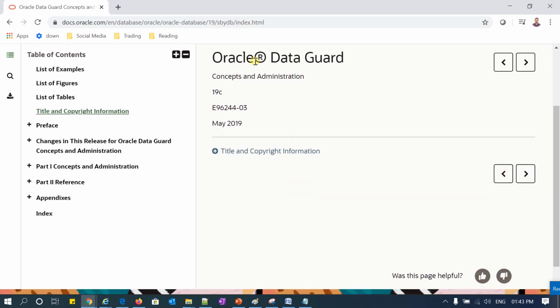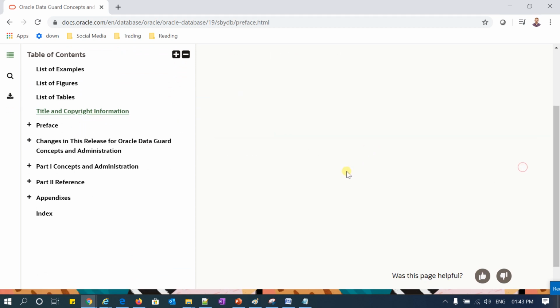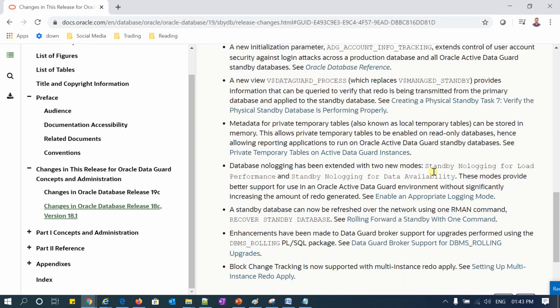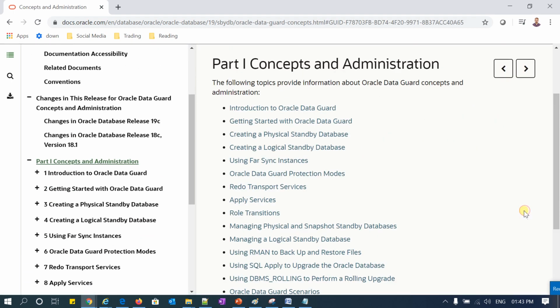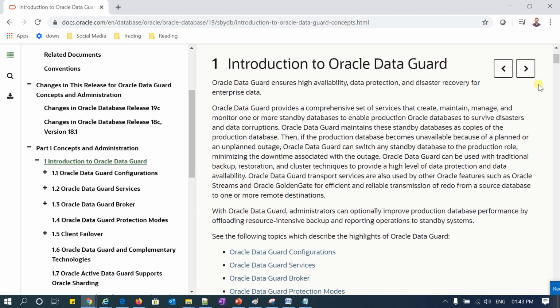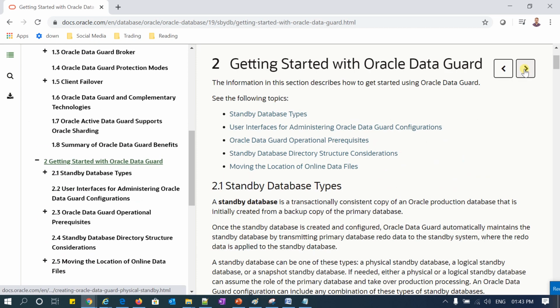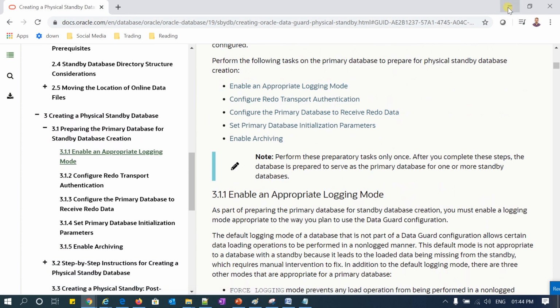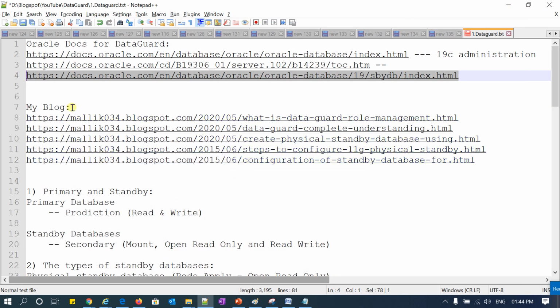For quick understanding, I'll just show you. I already opened the 19C Data Guard setup guide here. You can always refer to this guide. It is very good and has all the content, starting from how to implement and how to troubleshoot, to the difference between standalone and RAC, and what the 19C new features are. I strongly recommend going through this document.